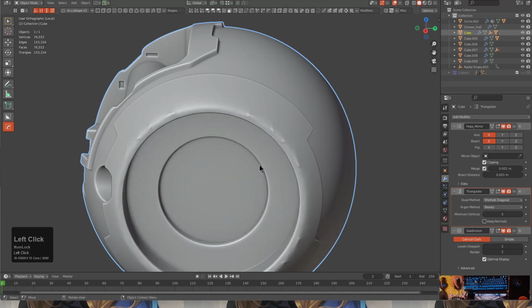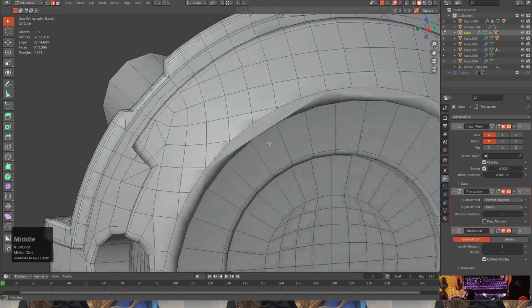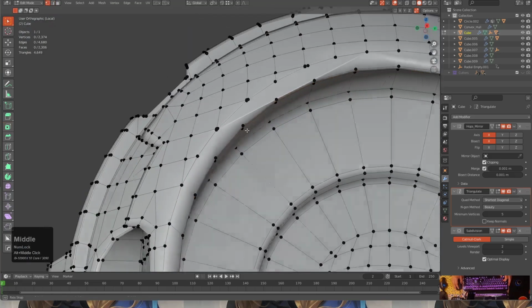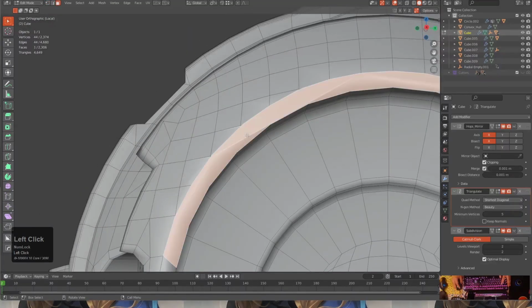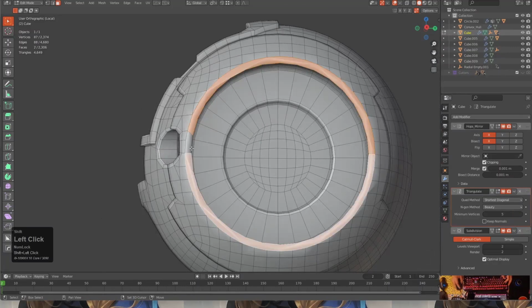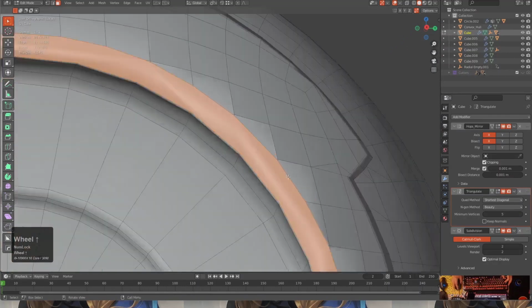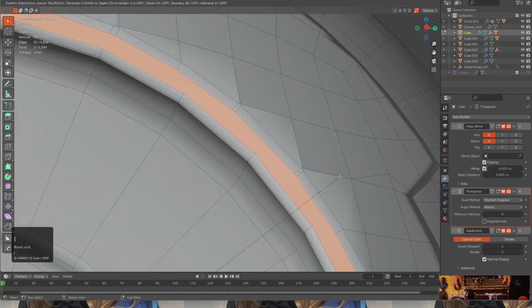So, you know, it's up to you. Me, I am a big fan of this look as well. So enabling these modifiers is causing a little bit of slowdown, but let's just get in here. You know what I'm gonna do, when I select the whole thing, when I select the whole howdy doody,